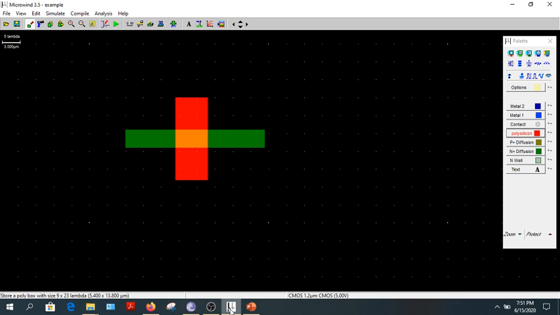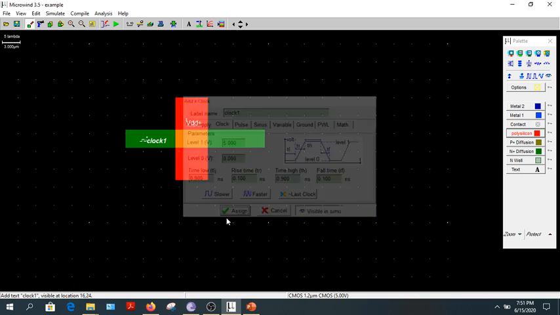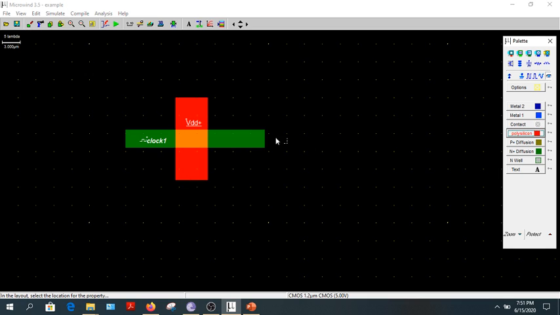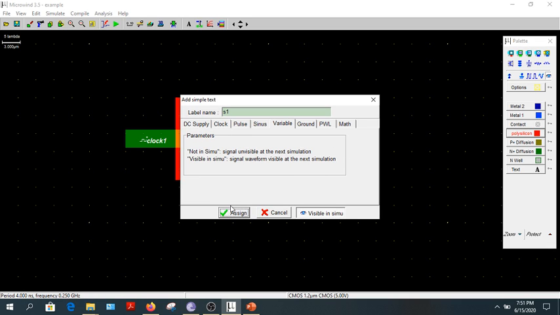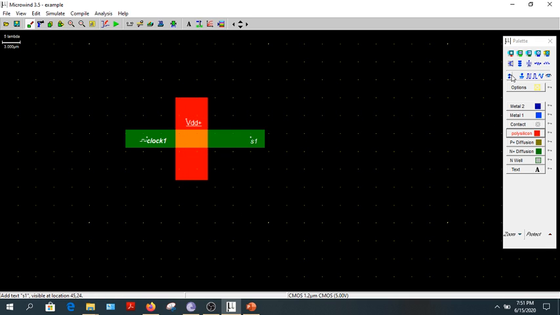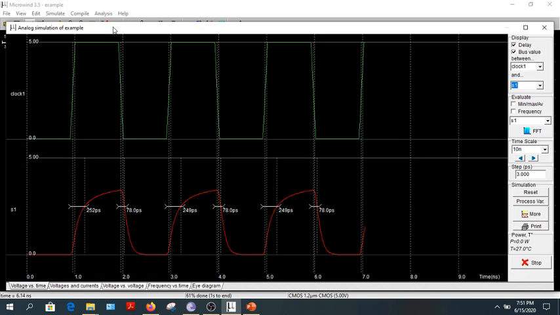Now what you need to do is apply logic 1 at the gate terminal, which means I am giving a logic 1 positive supply at the gate terminal and a clock pulse as the input side, and I am looking towards the output side. So just look at what I am using. I am using this as a VDD supply, adding a clock, and using a visible node to see the output. Now if I run this, you will see a very good simulation.